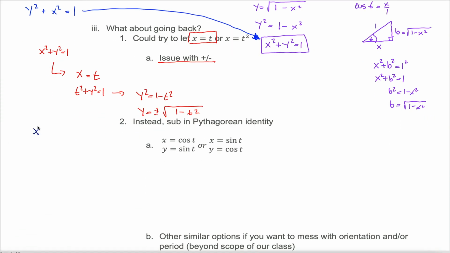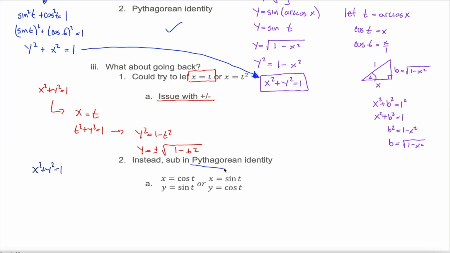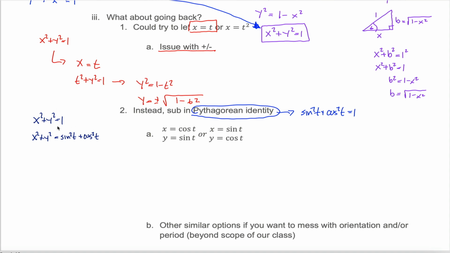We're starting out with x squared plus y squared equals 1. But keep in mind that we have this Pythagorean identity that's always true. It's always the case that the sine squared of t plus the cosine squared of t is equal to 1. The fact that I have a 1 here and a 1 here is really nice. I could take this equation x squared plus y squared equals 1, and instead of writing the number 1, I can write what 1 is equal to, sine squared plus cosine squared. Instead of trying to parameterize this equation, I can parameterize this equation, and that'll end up being a lot easier